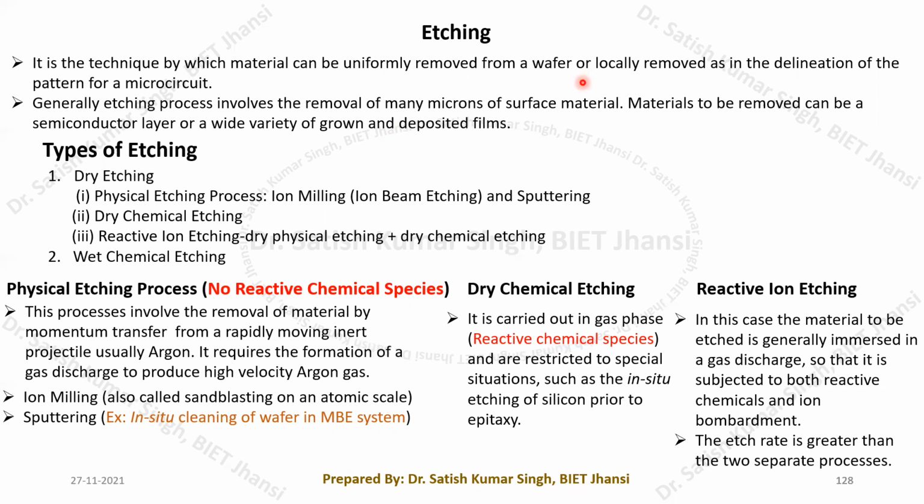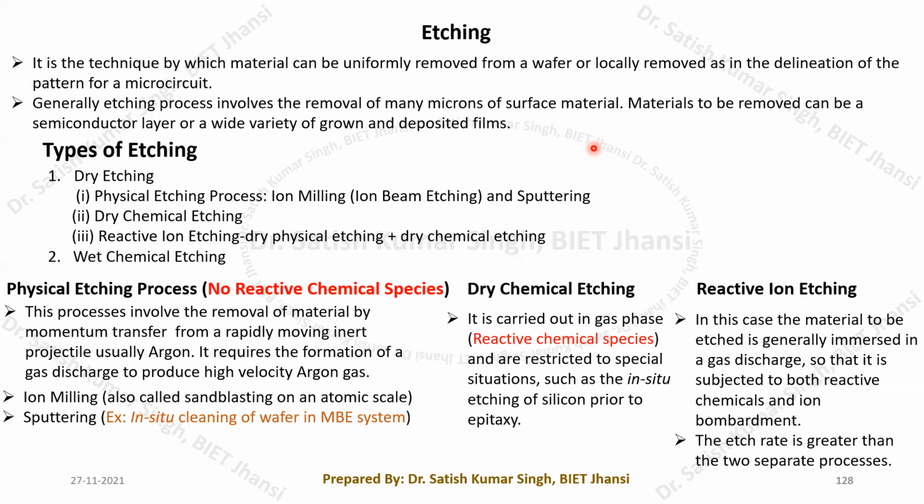By this we can remove a certain layer like SiO2 or some other layers, in the case of formation of the devices. So here in our syllabus, we have to talk about how etching is performed by using the wet chemical etching process. Initially, while discussing the wafer preparation technique, I told you that there is a chemical etching process,